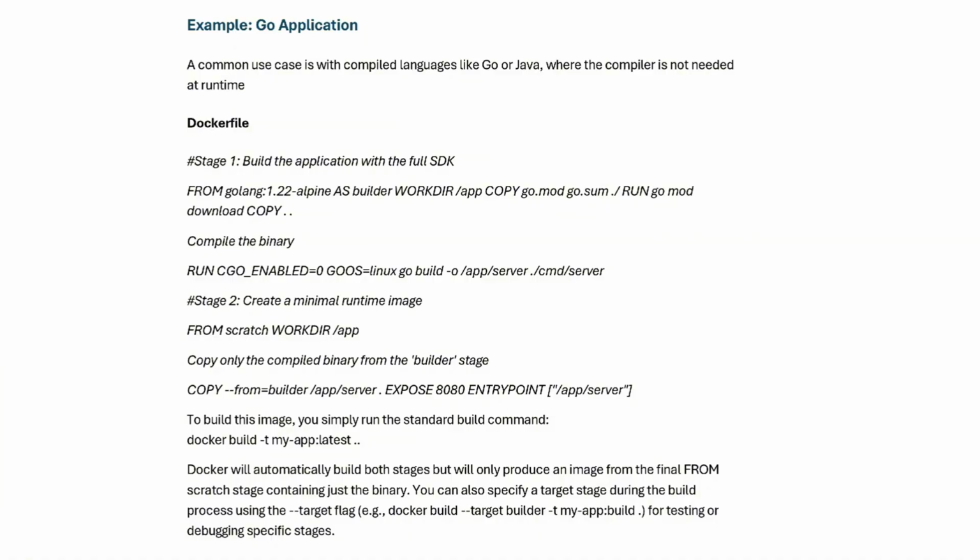If we only had one FROM statement, everything, that is the Go SDK, build tools, source code, dependencies, and the compiled binary, would live together in the final stage. That means the container would be big and heavy because it carries all the build-time baggage, even though we only need the final binary at runtime. With multi-stage builds, we isolate the heavy build environment of stage 1 from the light runtime environment, stage 2.